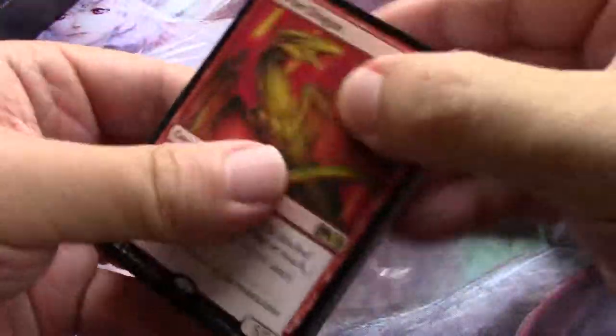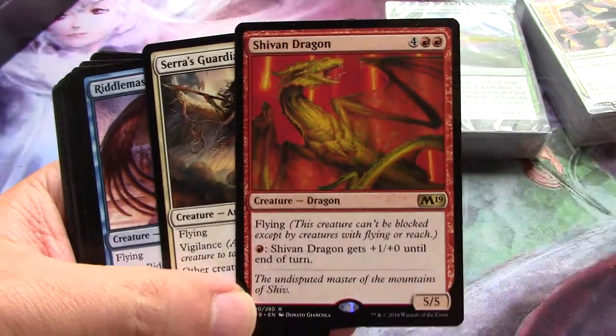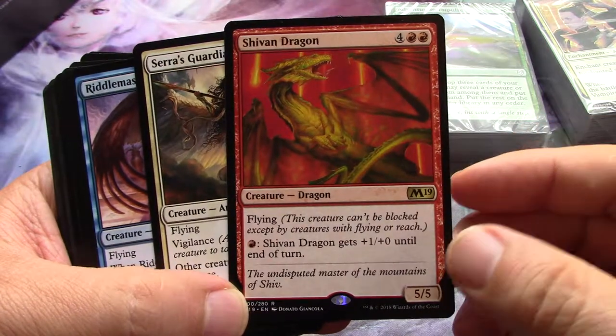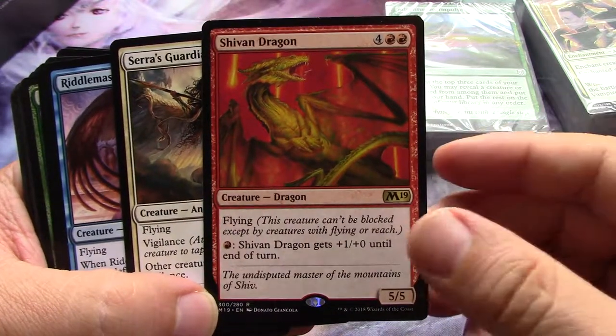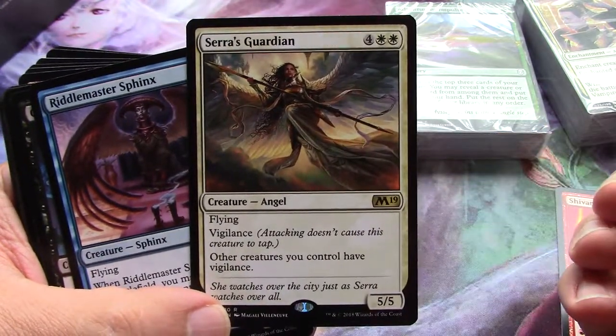And again, I'm taking my time, and I'll crack all the cards in this video, and then see how many builds I want to do later on in another video or 2. Okay, so it's got Shivan Dragon. It's got your bombs, 1 in every color. A big angel,